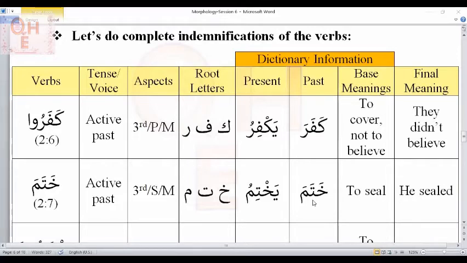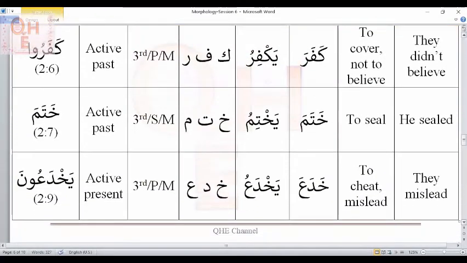So what will be the final meaning? It's an active past and the doer is a third person singular male. So the final meaning will be he sealed. Okay, let's look into our third word. Our third word is